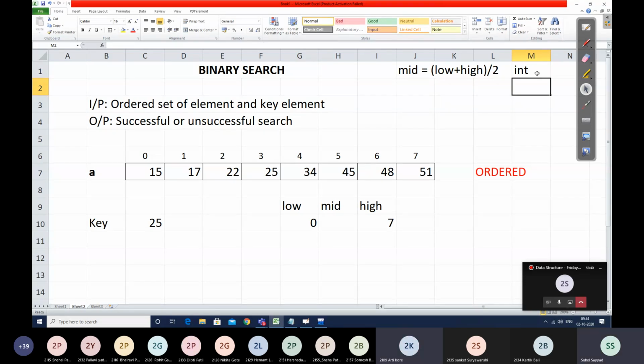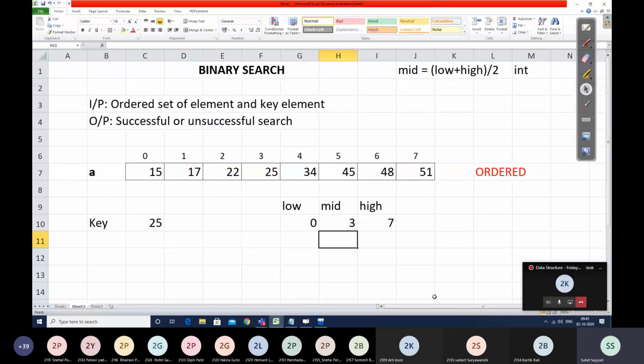3. 3, correct. Because if I get 3.5 and it is an int variable, then it will truncate the data values which are present after the decimal. It will not bother about whether it is 3.1 or 3.2 or 3.5 or 3.7. It will simply treat that as 3 because it is an int declaration, right? So mid is calculated as 3. So my middle position is 3.